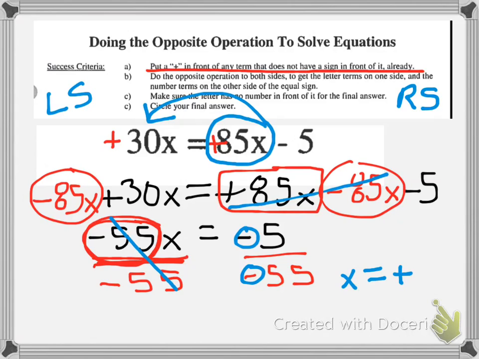And then 5 divided by 55 is approximately 0.09. I always like you to have two numbers after the decimal in your final answer. So let's write this a little better. So the final answer